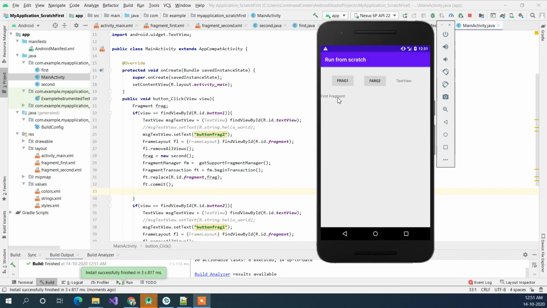So that's the first segment fragment. When you click on this, it will show second, and this is the first one. So now we don't have to add a background, and we can just replace the view as much as we want. So that's how you can apply it. You can create different pages for this and replace it like that. So as we can see, it's very basic, and I hope it will get you started with the fragments and started to build your application.